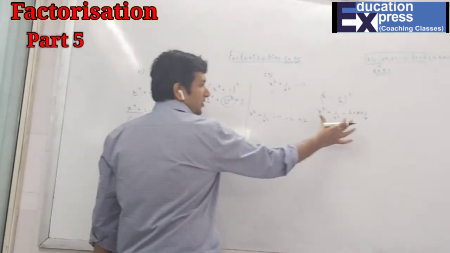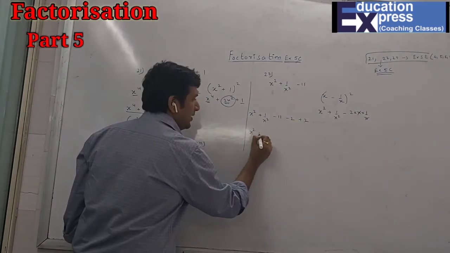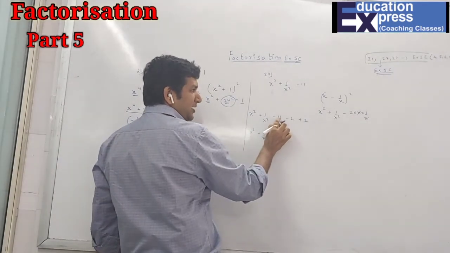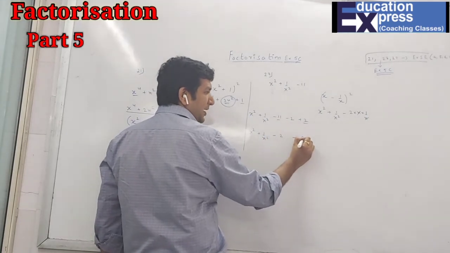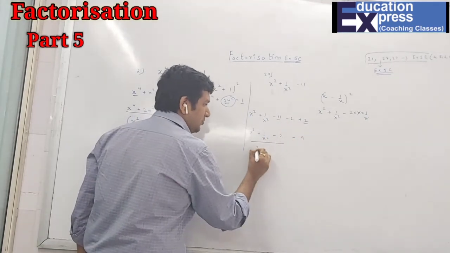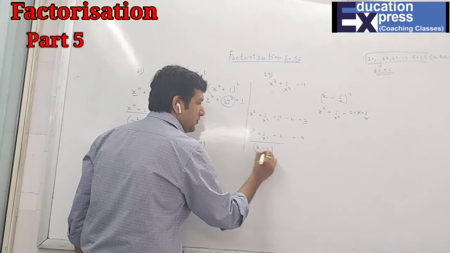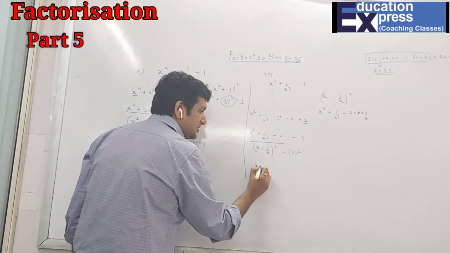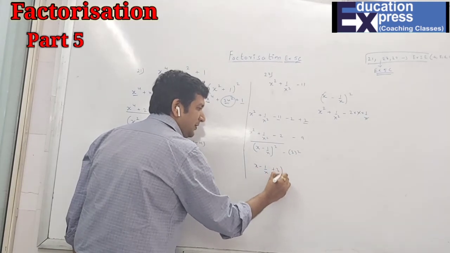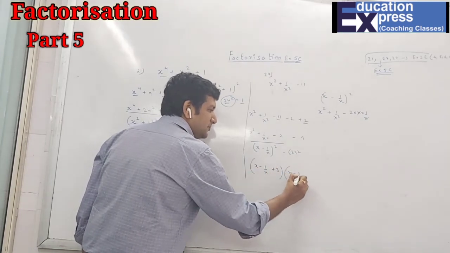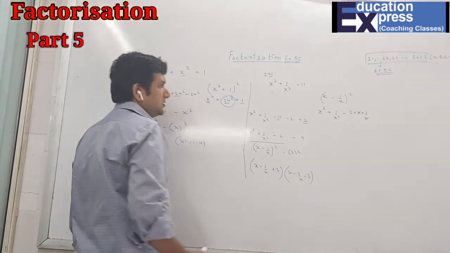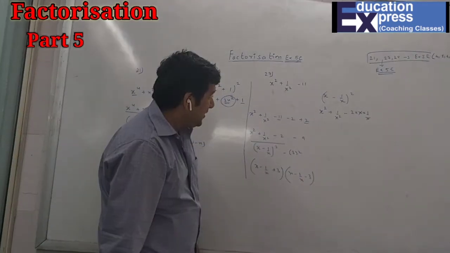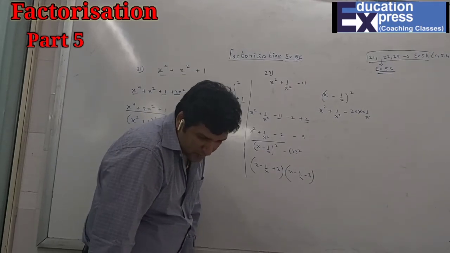So now, first I will take this part over here. x square plus 1 upon x square minus 2. Now what is left is minus 11 and plus 2, which is nothing but minus 9. Now this whole thing is a square for (x minus 1 upon x) the whole square, and this is 3 square. So (x minus 1 upon x plus 3)(x minus 1 upon x minus 3) is the answer. 27th sum. Now same to same, we'll be having now 28 also.